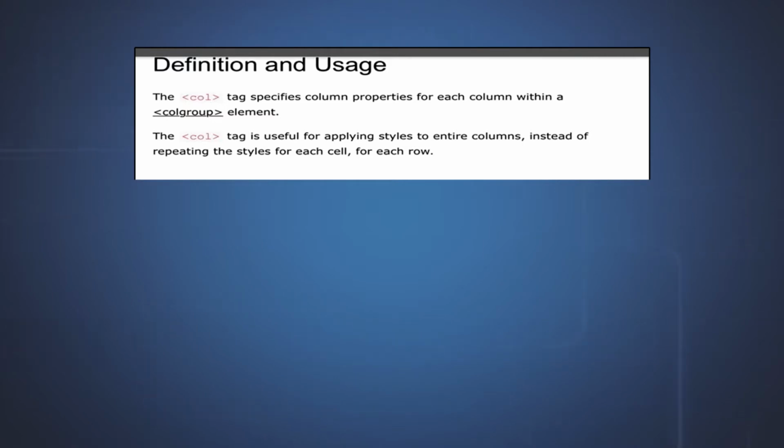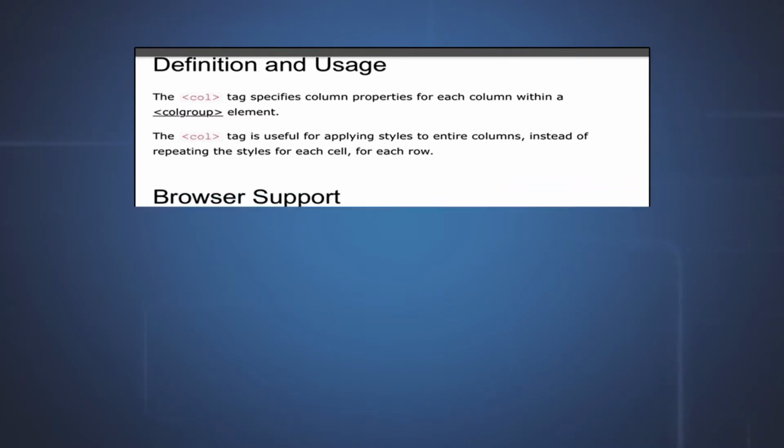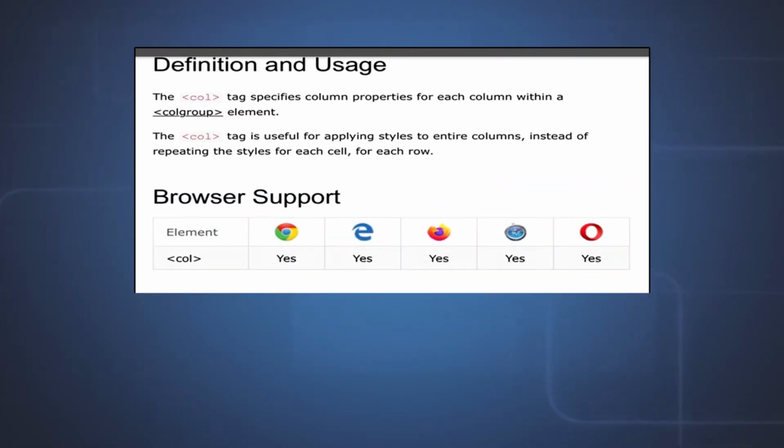Now, what happens is, when we find that there is a tag, we should also think of the browsers that support this tag before using it, because when we use a tag with limited support, anybody who tries to browse our website from a browser which doesn't support this tag will get disappointed. So the objectives of our website design may not be met. In this case, the COL tag is supported by Google Chrome, Microsoft Edge, Firefox, Netscape Navigator, and other browsers also.